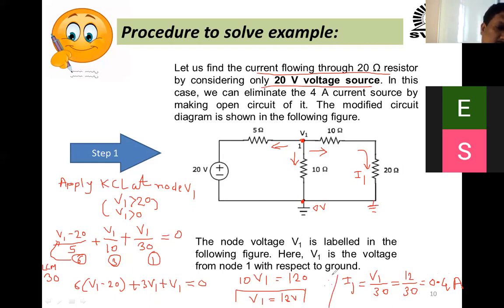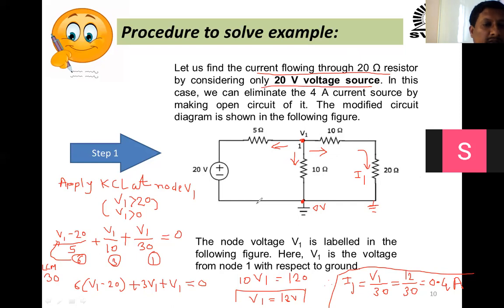So this is the first response we have calculated when only the 12 volt voltage source is present, while the 4 ampere current source we have opened. Everyone understood now? Everyone note down. Okay. So can we move towards the next step? Anyone having any questions? If anyone has any questions, ask here itself. Okay. So by considering that you understood all these first step, I will move towards the next step.